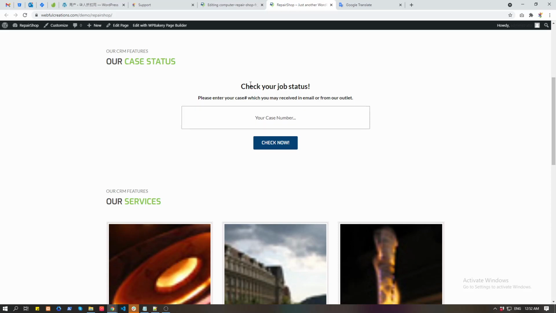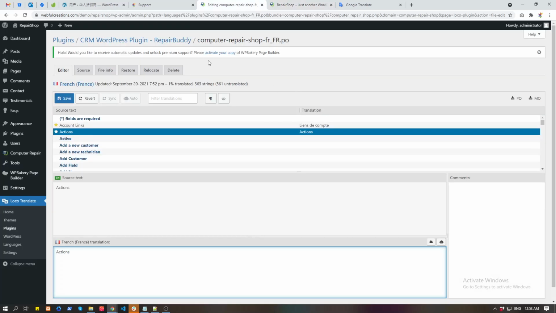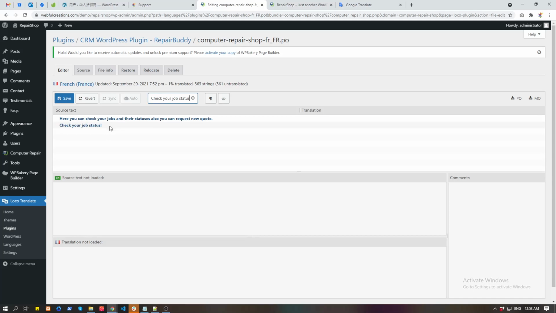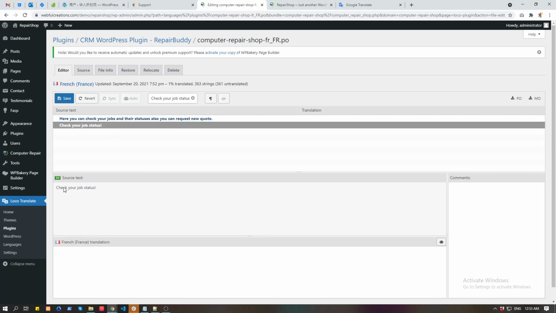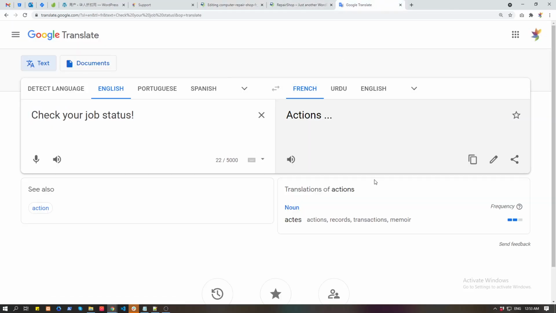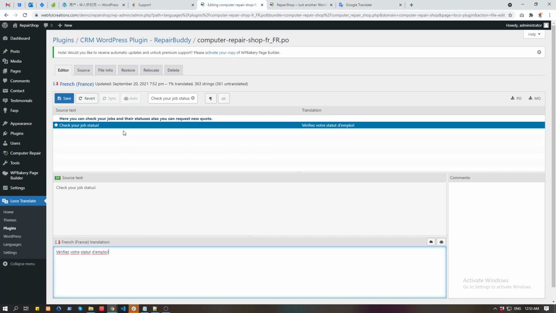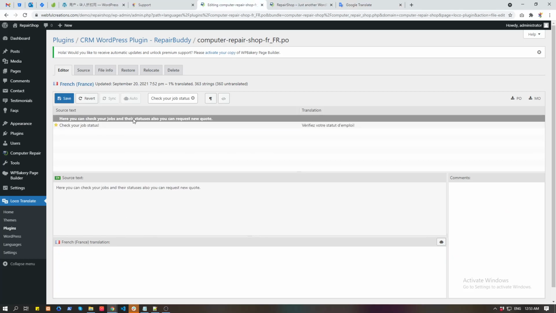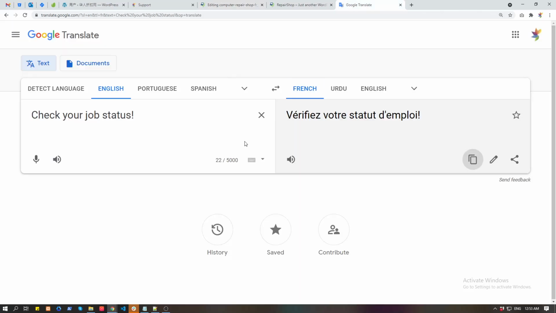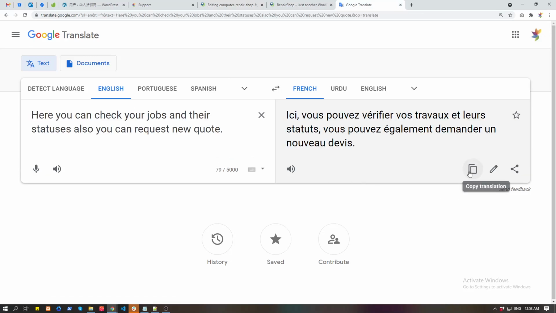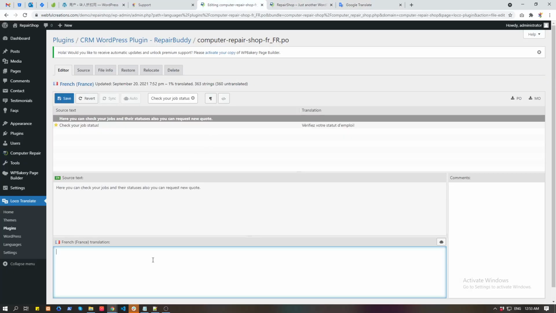let's see how to check your job status. The front end string, search it, select it, copy and paste here. Also, software, you can check the job. And from backend